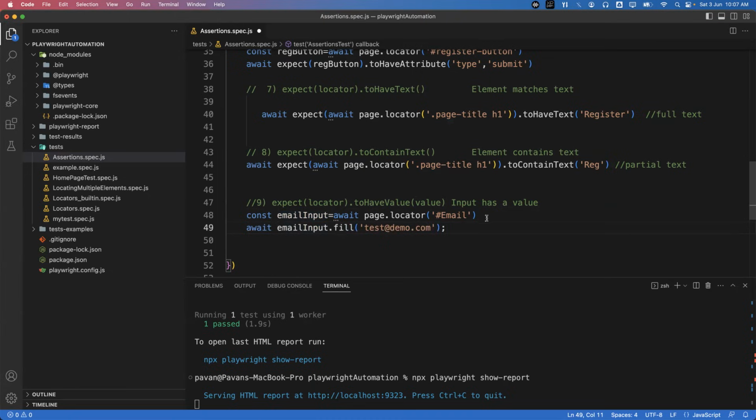So now what I have done is I captured the email element, which is the input box, and inside the input box, I provided some value. Now I want to check whether the input box has the same value or not. For that, you can use this assertion. I can say await,